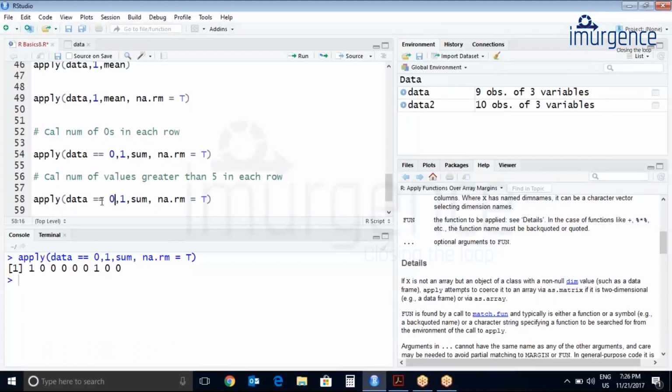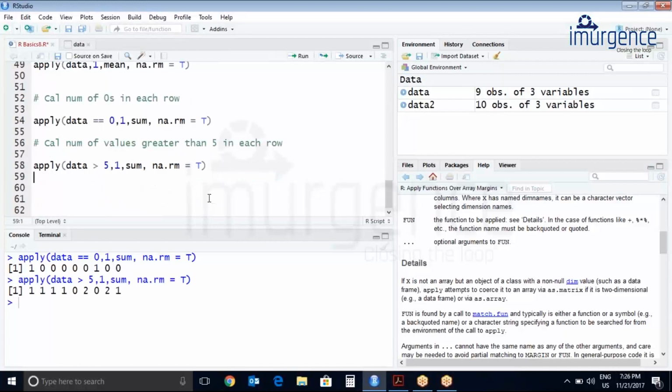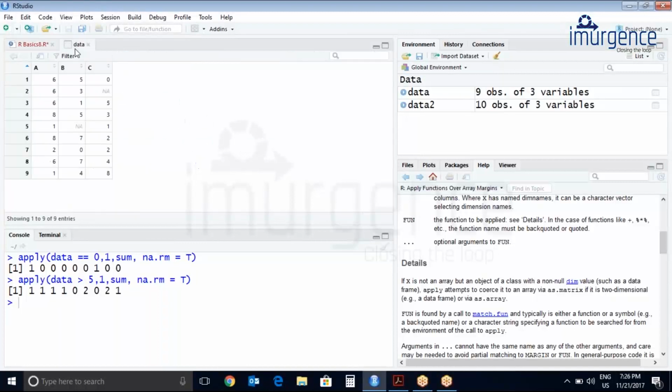So 5. So if data is anything greater than 5, it will calculate those number of elements in each row. So let's see the data again. So it's 1, 1, here also it's 1, it's 1, 1, here it is, sorry, here it's 0, it's 2, again 0, again 2 and 1.